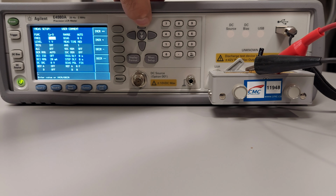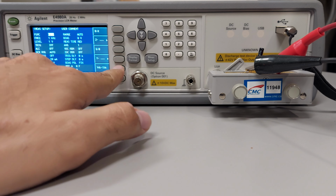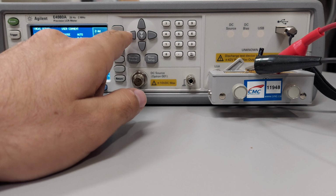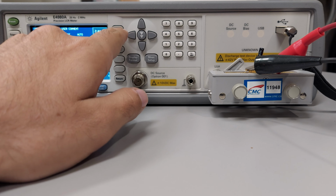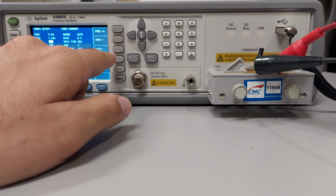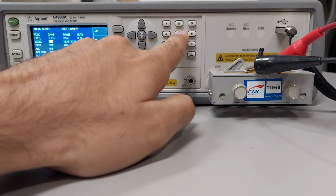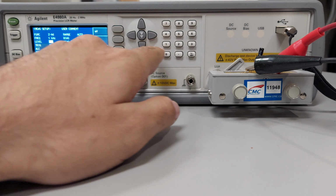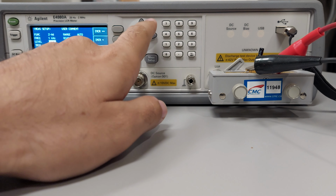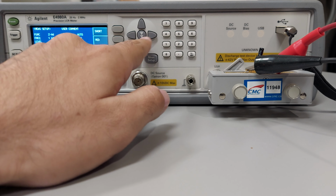change the configuration. We want to look to more, and here impedance and phase shift in degrees. Okay, and then we are going to apply only 27 millivolts perturbation in this measurement, and we want a long measurement time,